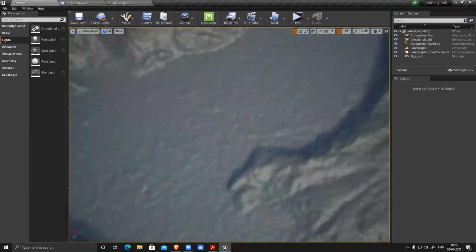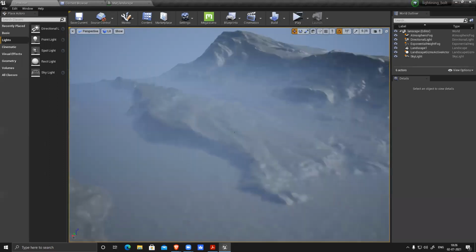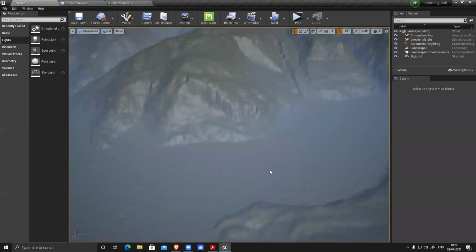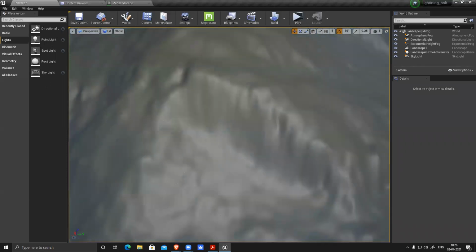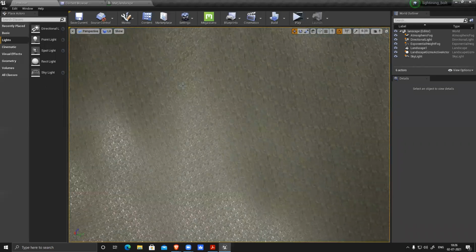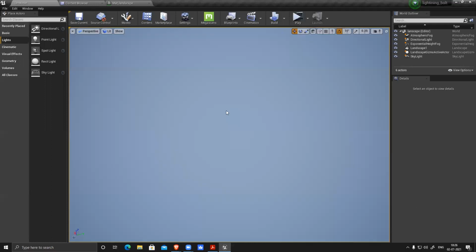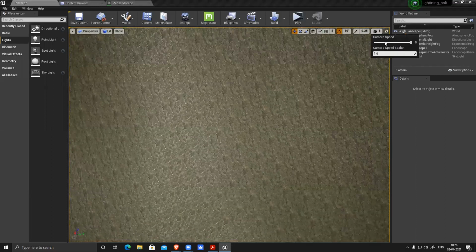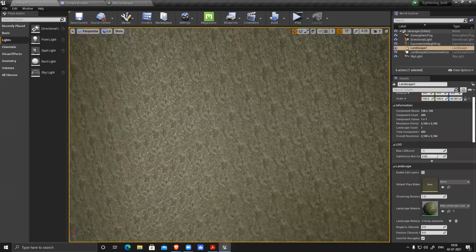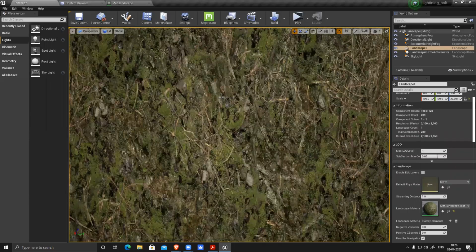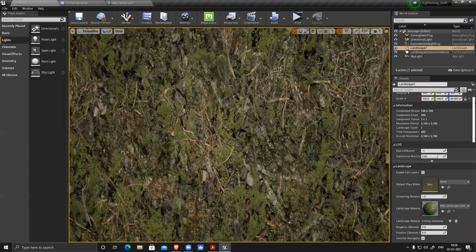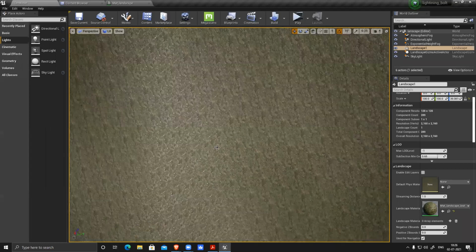Now you can see some amount of texture here. If you go to ground level, zoom in really close, you can see. Let's reduce the speed of the camera. See, you can see all the textures here, but it's really highly tiled.